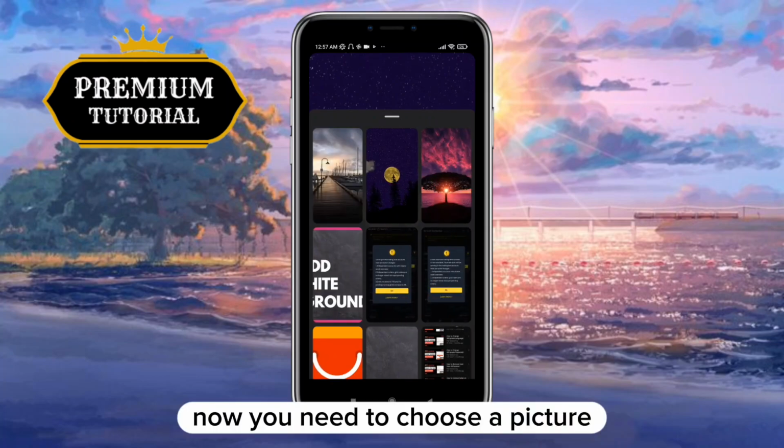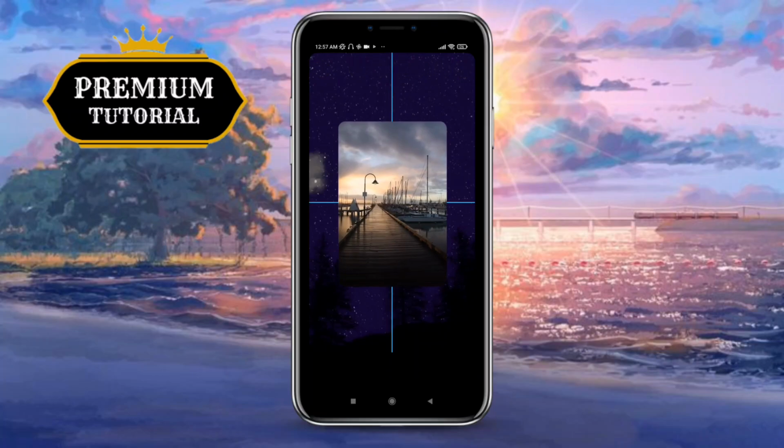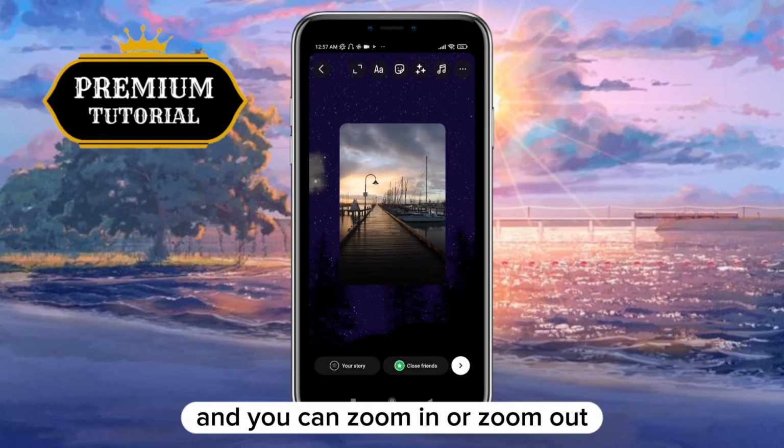Now you need to choose a picture you want to add from your gallery, and select a picture to put on first photo we add before. Now you can move a photo where you want on screen, and you can zoom in or zoom out,